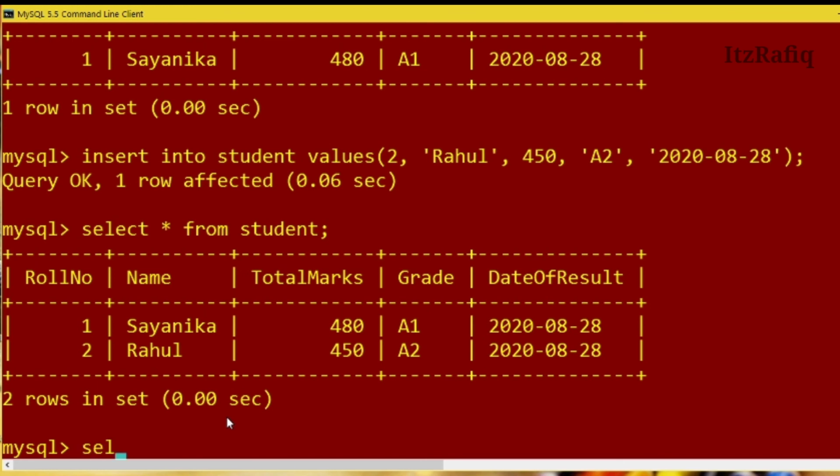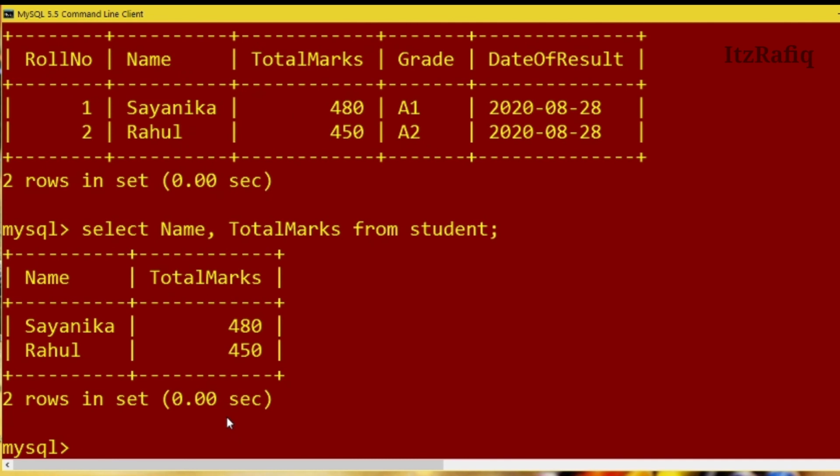For that you will write select name, comma, marks, from student, semicolon, enter. So here now you will see only the name and the marks, like name, total marks, Sayanika 480,